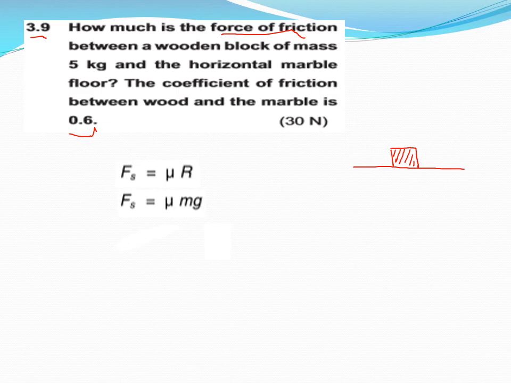So we are having the formula F is equal to mu R, where mu is this one, which is called the coefficient of friction, and this R, weight is acting downward, W is equal to mg, and the R is actually the normal force, which is equal to the weight. So that's why we have replaced R as mg. So here you are noticing that you require only mu, m and g, and you see all these three parameters are known here. Mu is 0.6